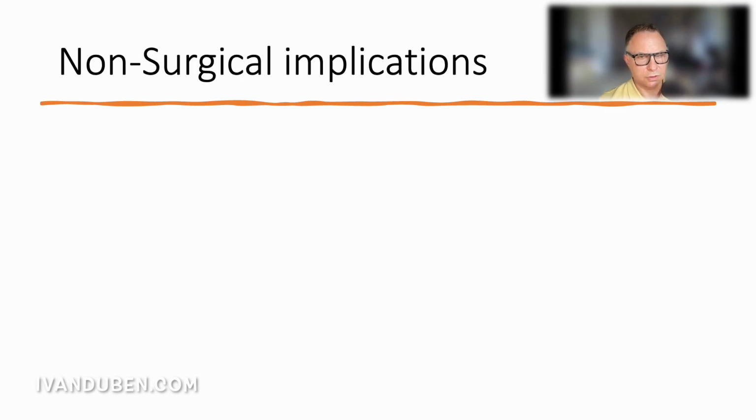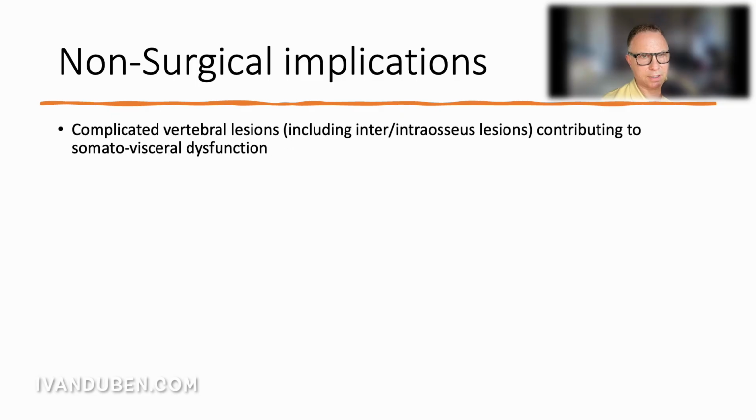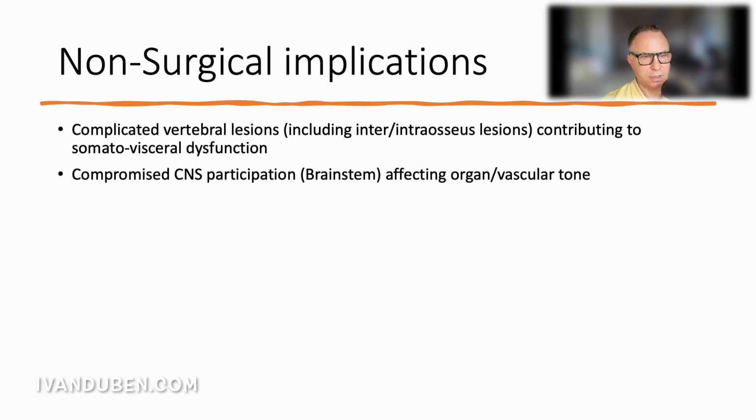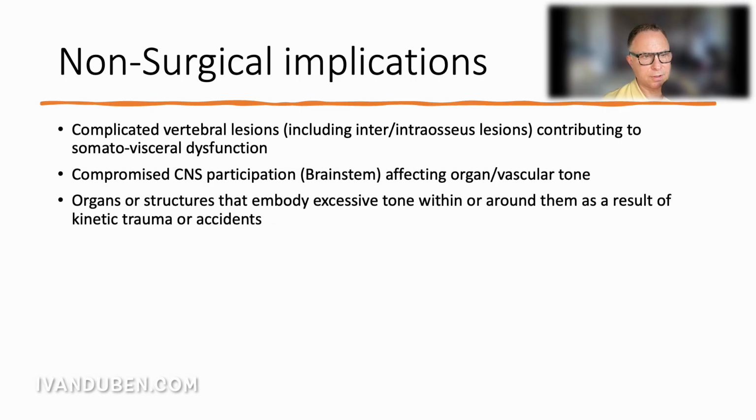There are also non-surgical implications regarding lymphostasis in the mediastinum. We can have complicated vertebral lesions, including inter- or intraosseous lesions that contribute to somatovisceral dysfunction, compromised central nervous system participation via compaction or limitations of the brainstem affecting organ or aspects of the vascular tree, organs or structures that embody excessive tone or densities within or around them as a result of kinetic trauma or